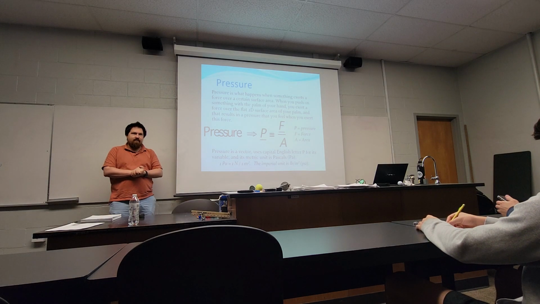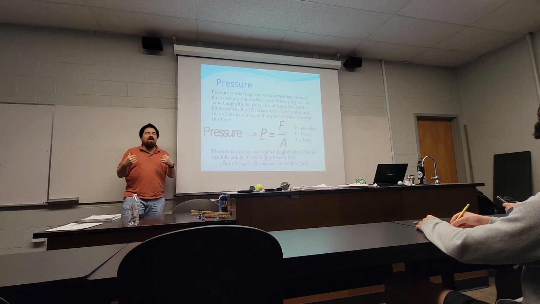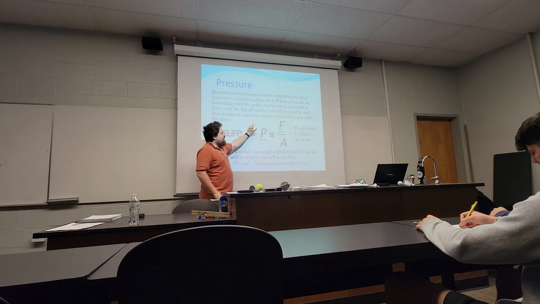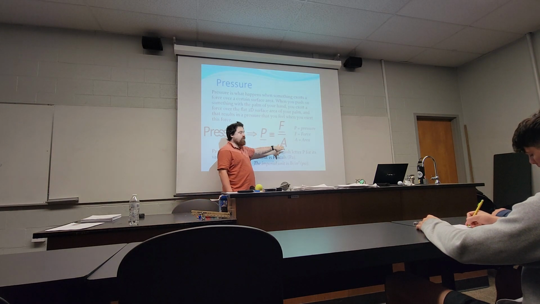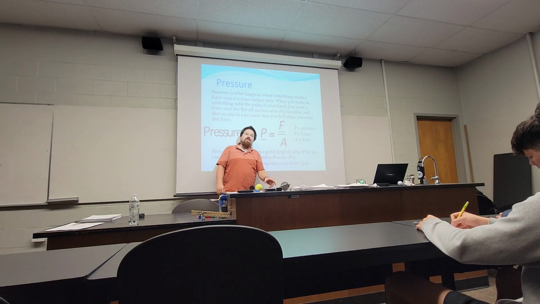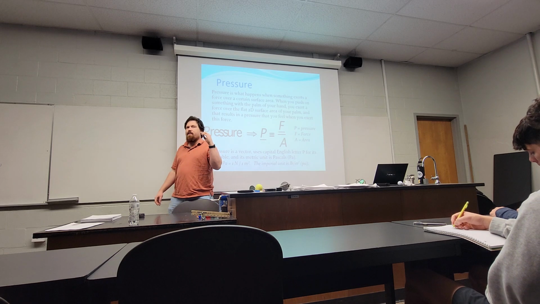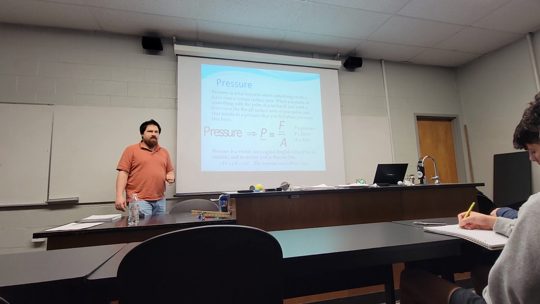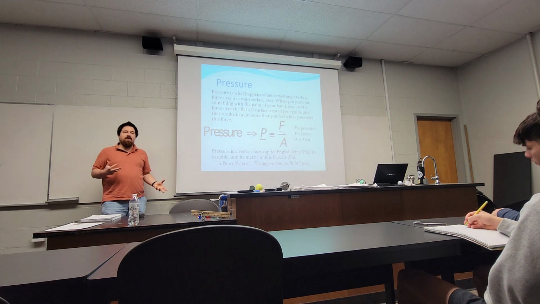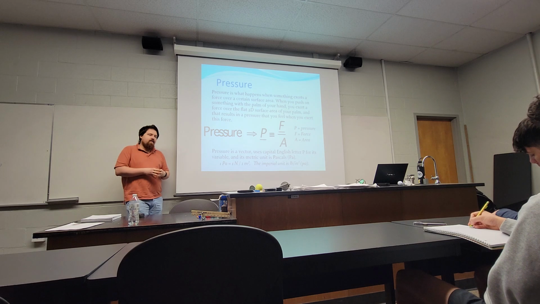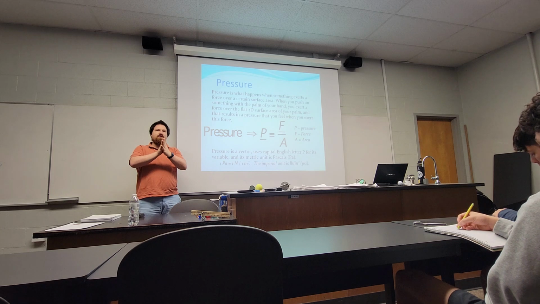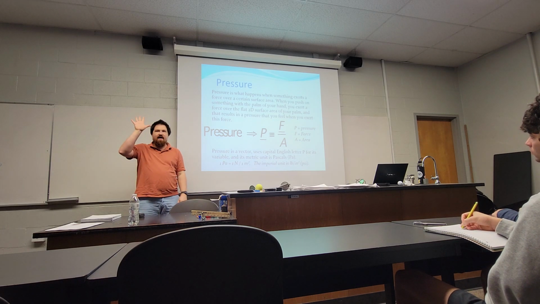Now the physics definition of pressure, to kind of just go back to describe how that word is used in those situations. The physics definition of pressure is a force exerted over some surface area. Pressure happens when a force is exerted, and specifically when that force is applied across some surface area. We've discussed forces a lot up until now, and how objects do exert force upon one another, but whenever one thing is touching another thing to deliver a force, there's always a certain surface area of contact between them.